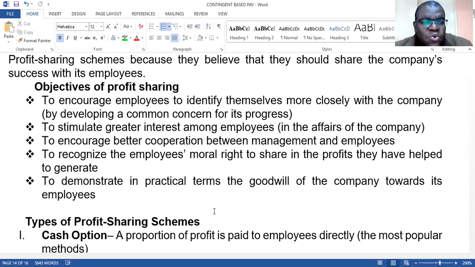So what you want to do when you roll out a profit sharing scheme, you want to achieve certain objectives. Can we stimulate greater interest in the employees about the affairs of the company beyond the salary pursuit? Can you encourage better cooperation between employees and management? Can you recognize that employees have a moral right to share in the profits that they've helped generate? Can you demonstrate as a company that you have the goodwill